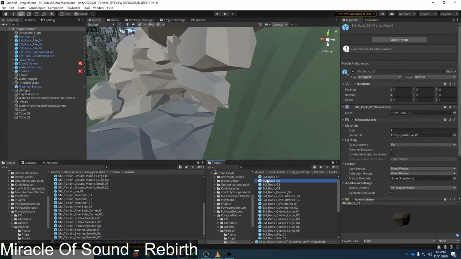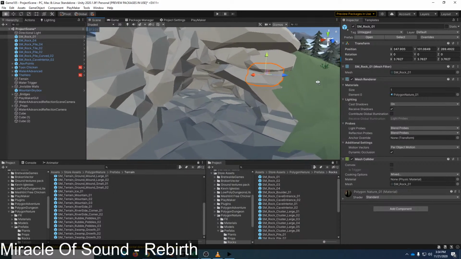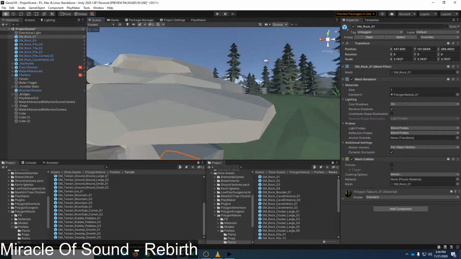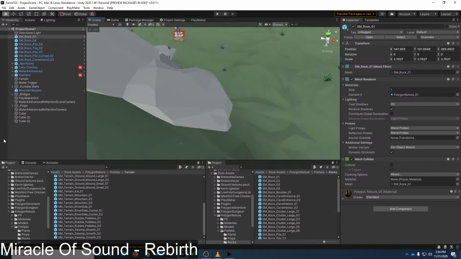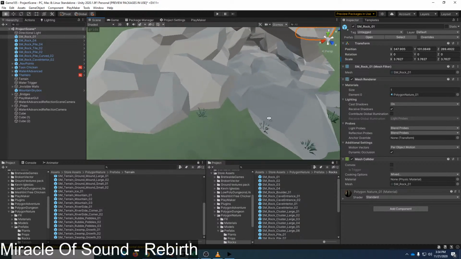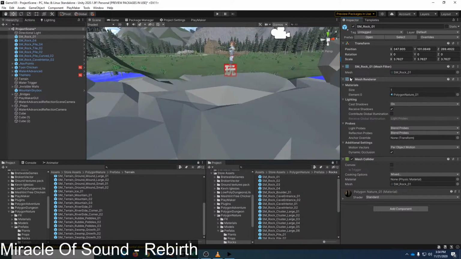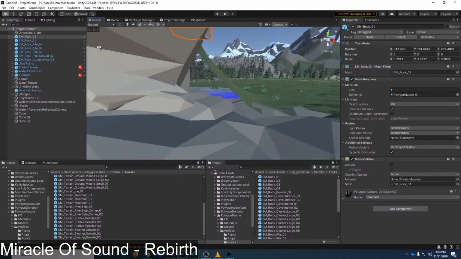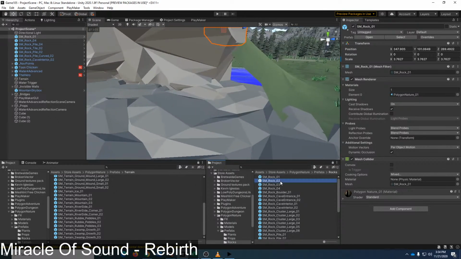Okay, with another basic rock there. This is the one issue with cutting holes in the terrain. It can be a little bit of a pain to actually go through and validate. Looks like this is my last spot right here.